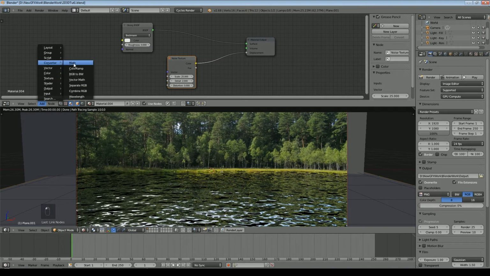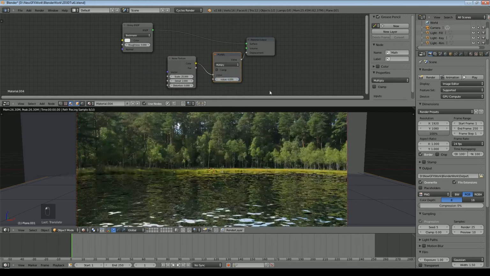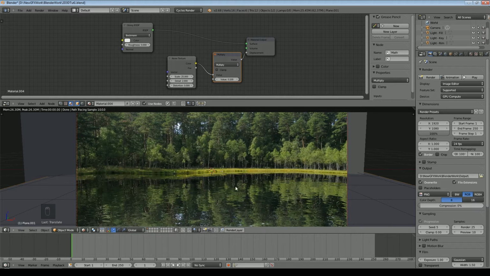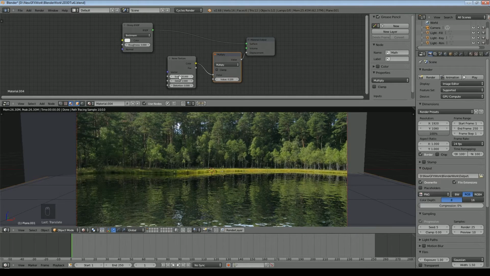And we'll now add a math node set to multiply, which allows us to multiply by a number less than 1, which will obviously reduce the height of those ripples. And already I think that's beginning to look more like real water. Let's put it up to 50. Obviously the scale you select here will depend on the scale of the scene. So here we're a relatively long distance from the surface of the water, so the ripples, the smallest ripples anyway, should be quite small. If this is a close-up scene and there's perhaps grass blades in it, that sort of scale, then you might want to go for a much smaller number, which means that the ripples are larger. And I'm going to go for even bigger than that.